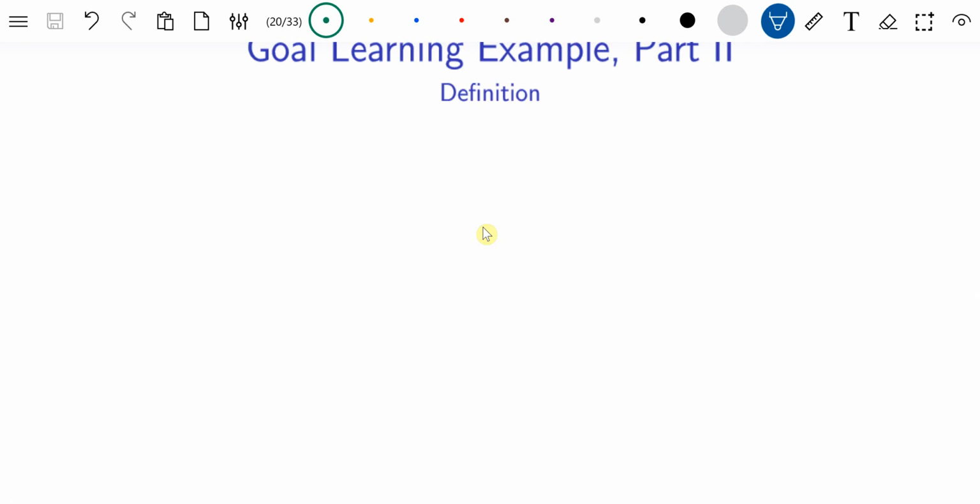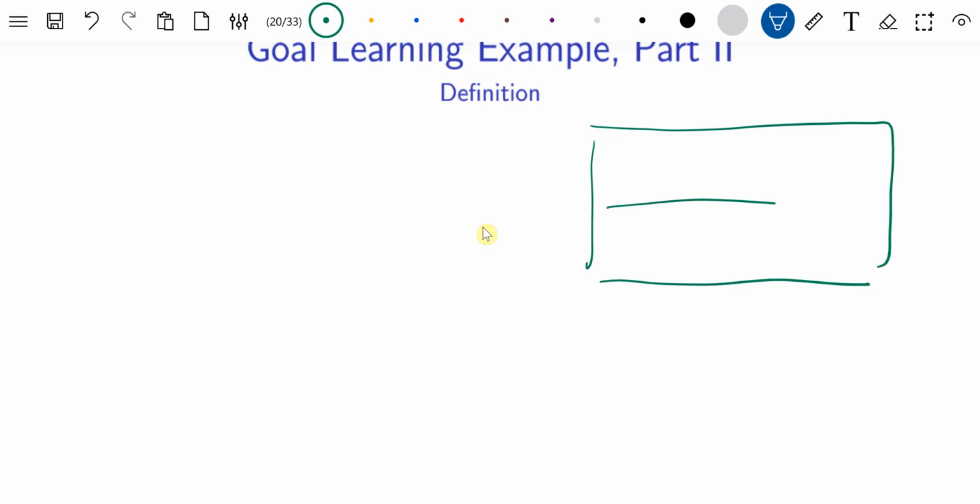So here we're going to talk about how to find the optimal value function. I'm going to use the same simple goal search example. So you have a goal state and you have state 1, state 2, state 3, state 4, state 5. And if you reach the goal, you get reward 100. And if you do anything else, you get reward 0. So suppose that's the case,